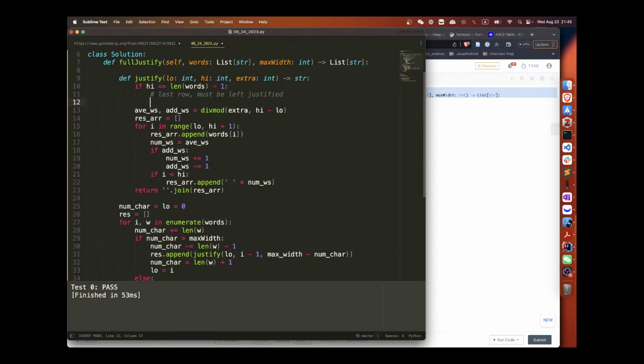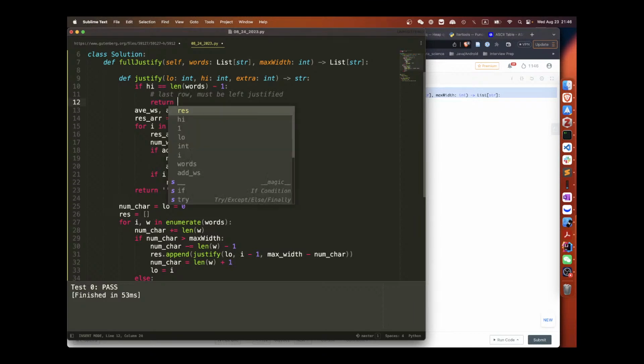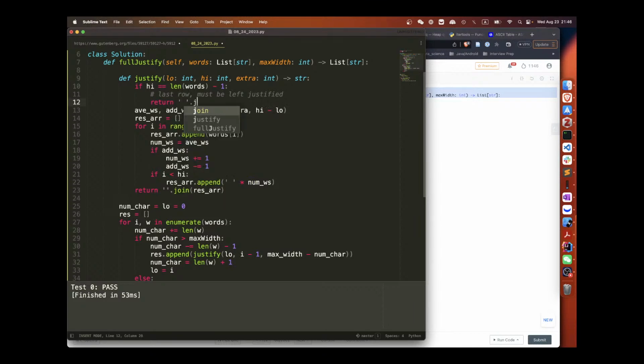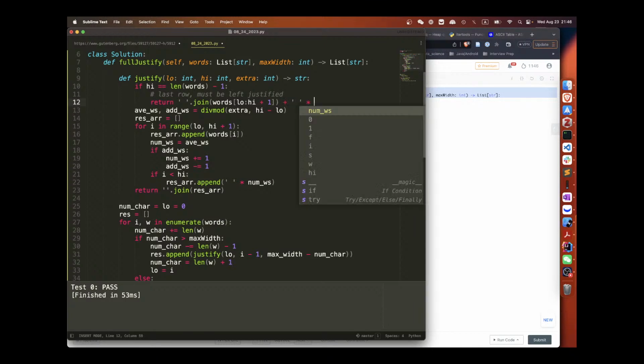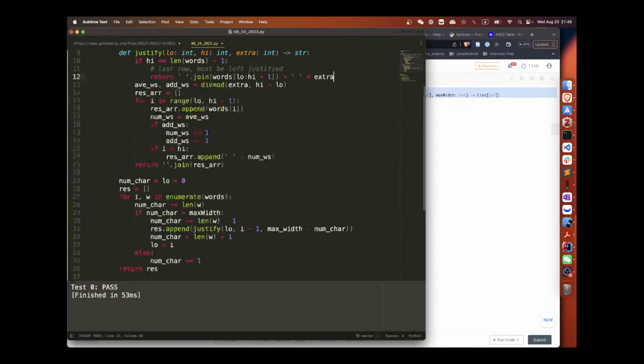So how do we do left justified? I have low and high, I have everything. Then we will return. I know the extra number, right? So we can just return this dot join words low to high, plus this times extra. Okay.